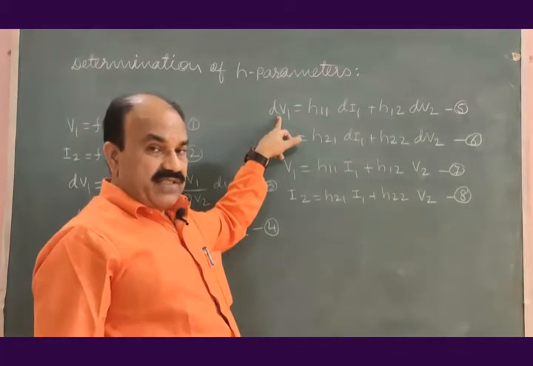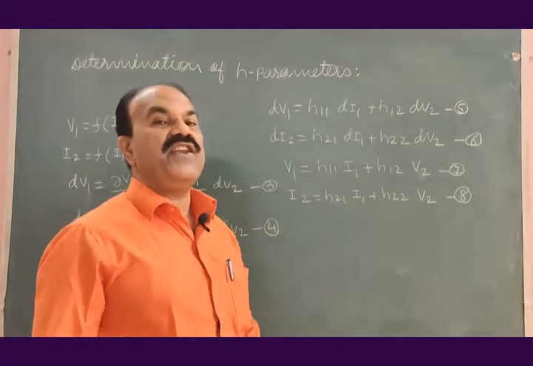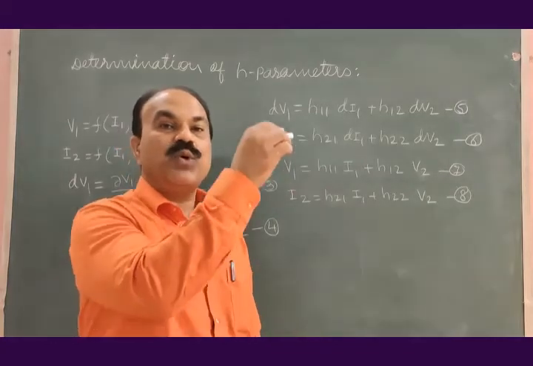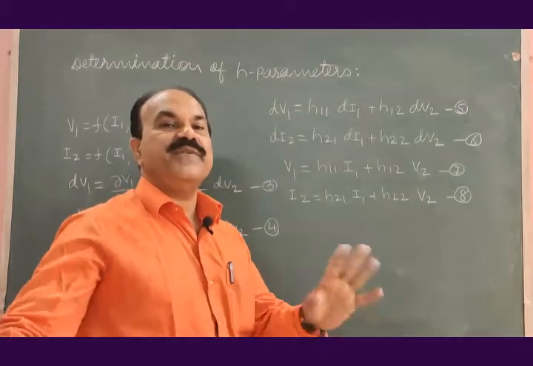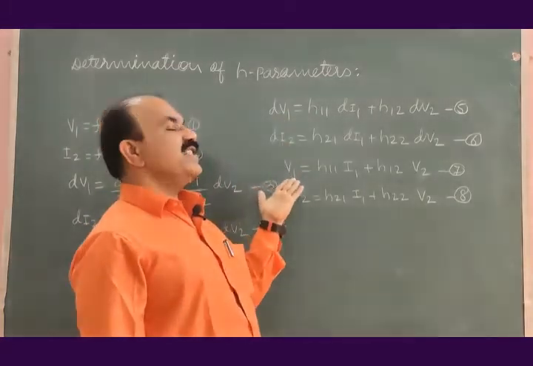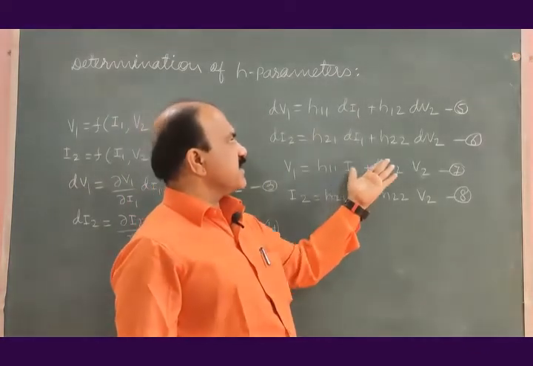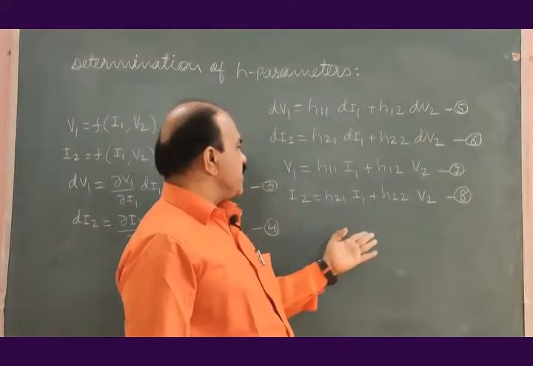It will be constant when the transistor is working in the linear region, and the slope of a linear response is constant everywhere. Okay, so dV1 is constant. Let me write dV1 as V1. Voltage, current, voltage.